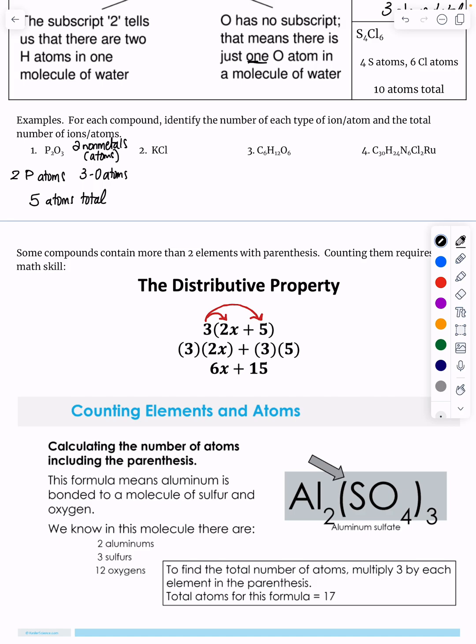I'm going to help you out for number 2. These are going to have the term ions. For 3, you're going to use atoms because it's an ionic compound. This is molecular. And for number 4, you're also going to have the word atoms because this is also going to be